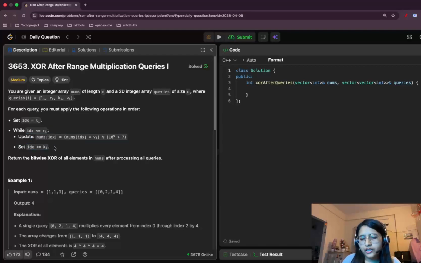So even if that ki was more than n, it was still fine, because we have this condition that we need to perform these operations only if index is less than or equal to ri. What I exactly want to say here is,